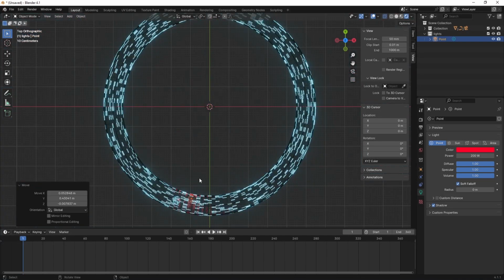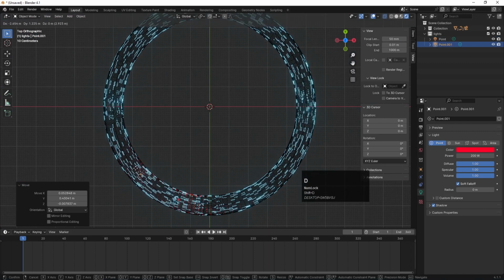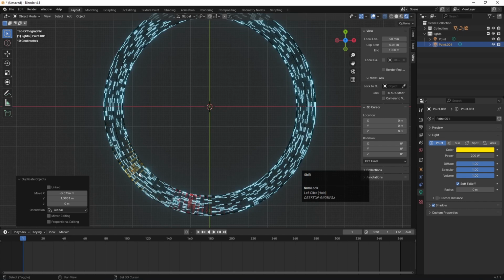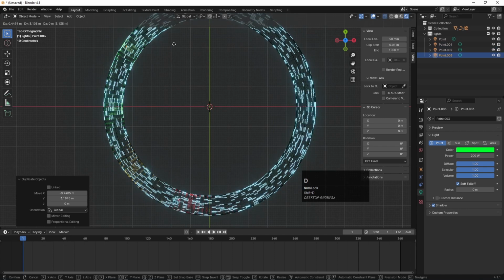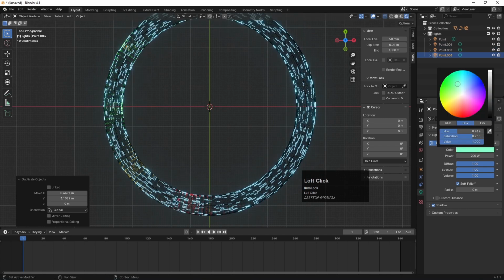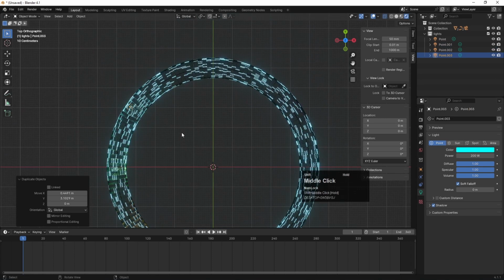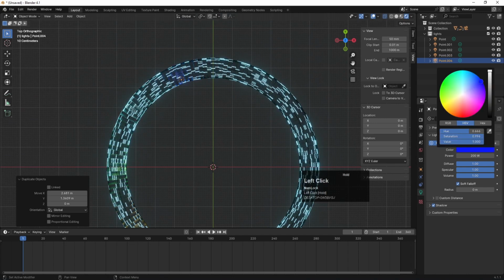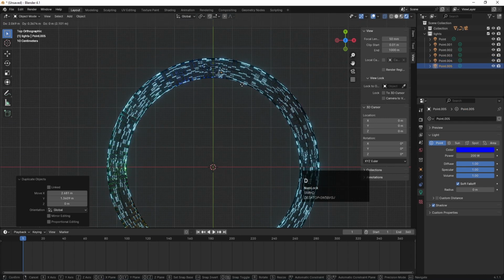Now let's go to the top view, press Shift D, and try to move this over here, and this time I'm going to change the color of this one to yellow. Shift D, move this over here, change the color of this one to green. Shift D, move this over here, change the color of this one to blue. Shift D, move this over here, change the color of this one to somewhere along like this. Shift D, move this over here,